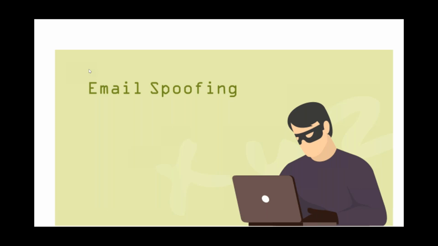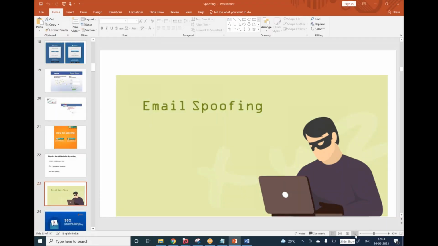A spoofed message can appear to be sent from a coworker, bank, family member, or any number of seemingly trustworthy sources. A good spoof is quite convincing and will look like any other email that you would normally receive. This is why email phishing remains one of the leading causes of business email compromise, along with other attacks. So emails are the most targeted in the world. Some of the statistics, if you want to see, look at it.